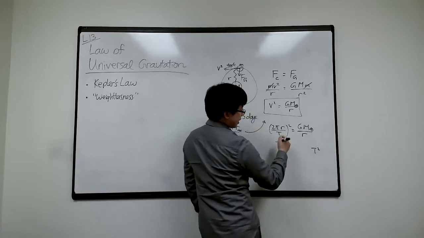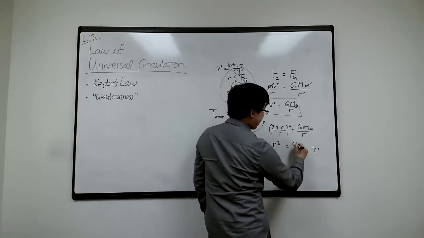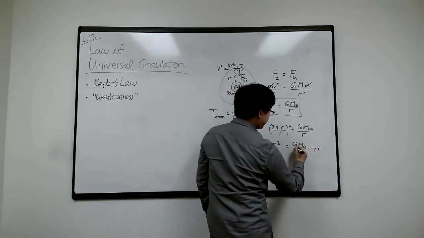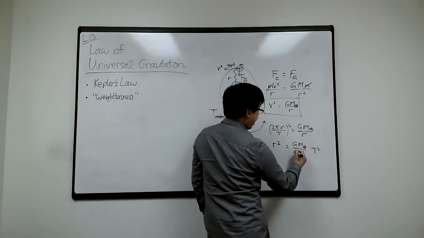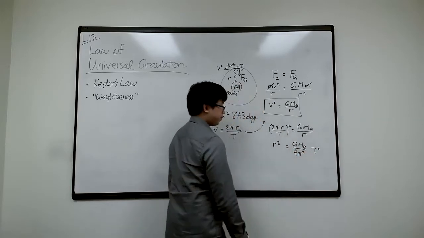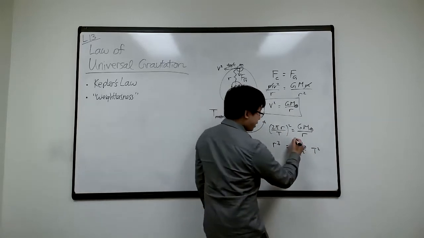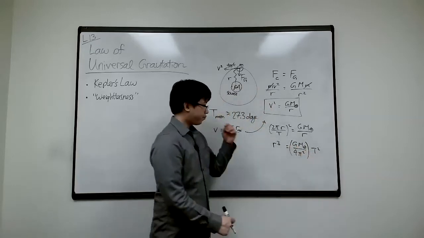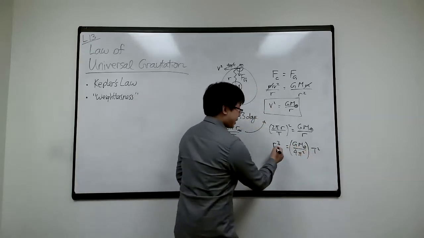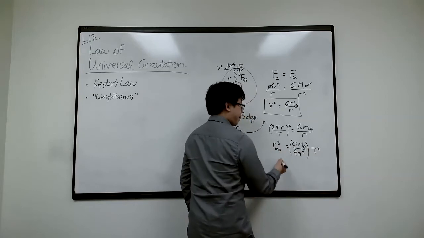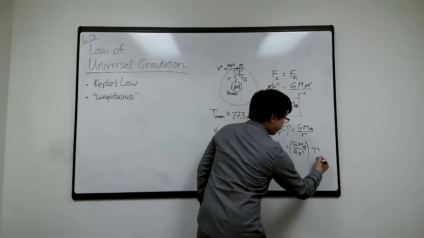There is r cubed over here. GM stays here, and there's a 4 pi squared over here. You can double check my algebra. If I put brackets around here, this is the distance from the moon to the Earth, remember? So if I know this,